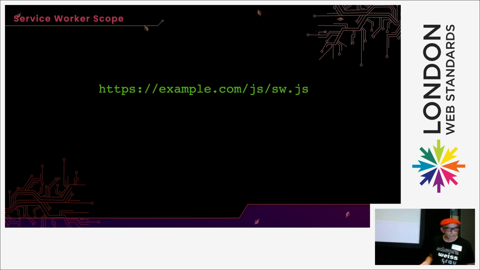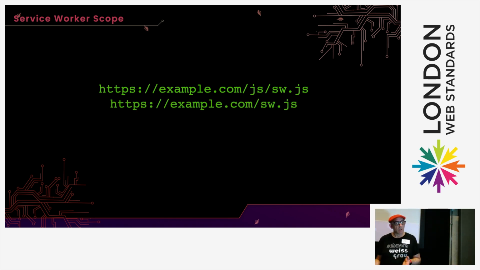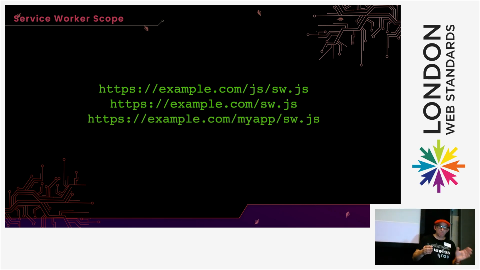So, service workers have scope. It's very important that they live in a specific place. If you put your service worker in a file called /JavaScript, and we're just using sw.js as service worker, you can call it whatever you like, it's not important, then your service worker will only work in your JavaScript file. If you want it to work on the whole of your website, then you must put it at the top level. If you only want it to work for My Progressive Web App, you can put it in a folder called My Progressive Web App where it's being served from.